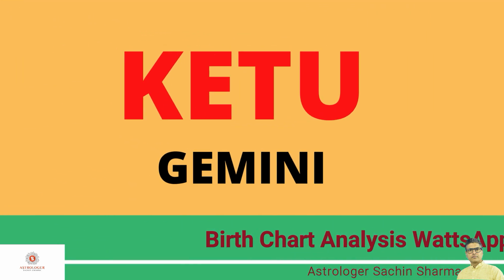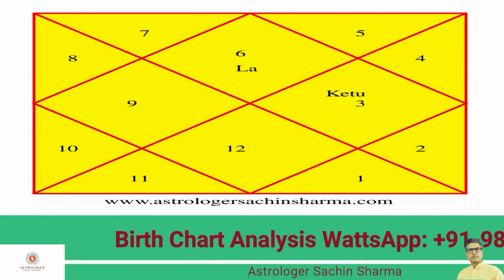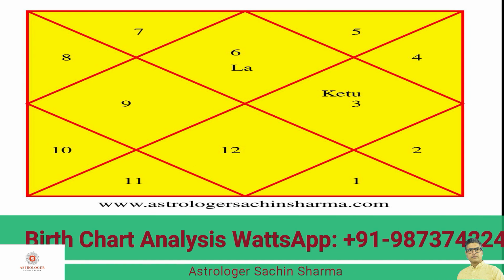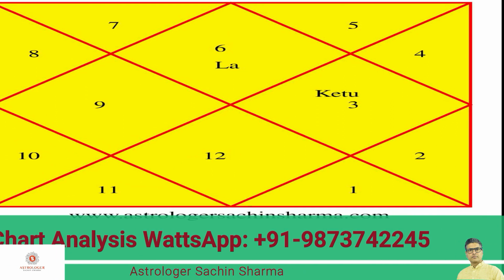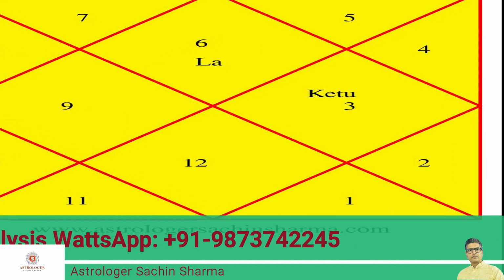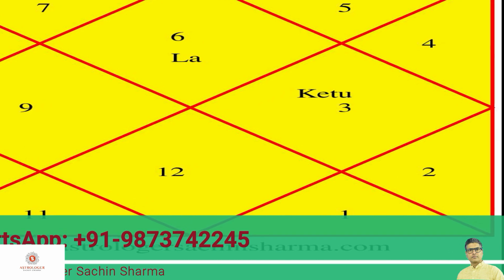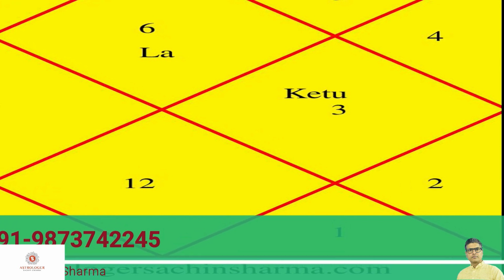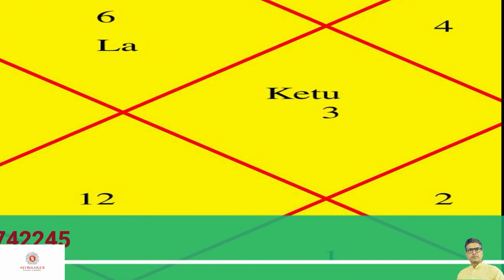Ketu is exalted in Gemini sign. So if number 3 is written, let's understand this practically in this birth chart. Ketu is placed in the house where number 3 is written. That means the lord of this house is Gemini. As per books and theory in astrology, it is believed that Ketu gives positive results in Gemini sign. However, after doing research on thousands of birth charts on this particular topic, I found that it is not the case. It also depends on various other factors, various other conditions in the birth chart.